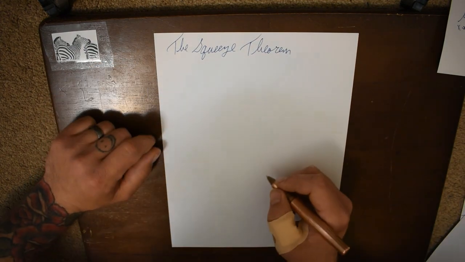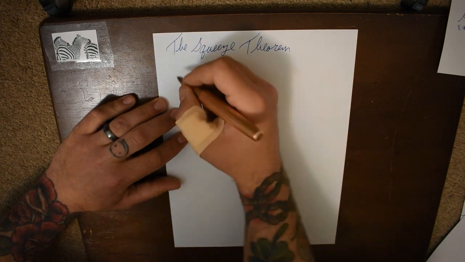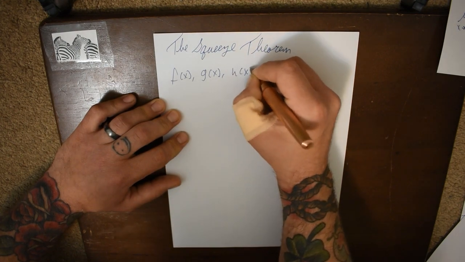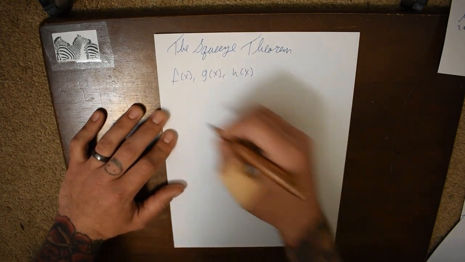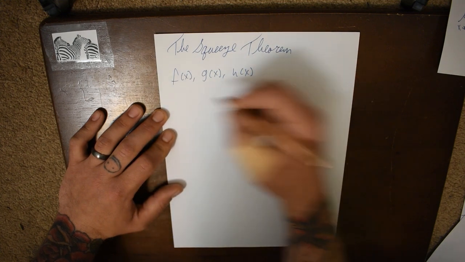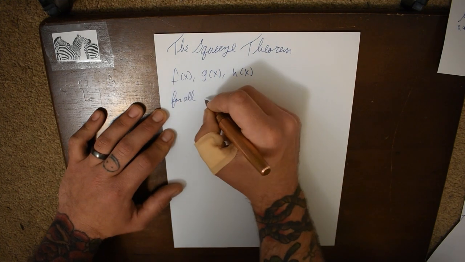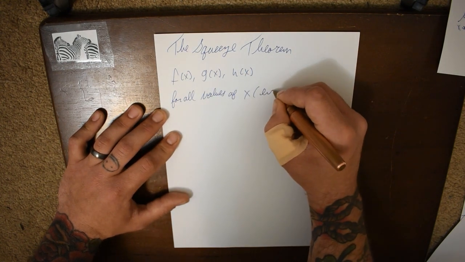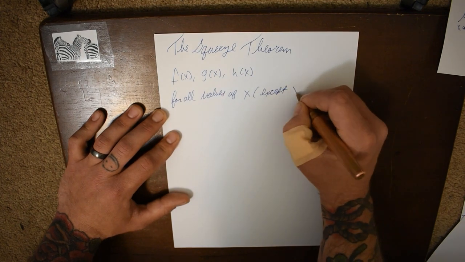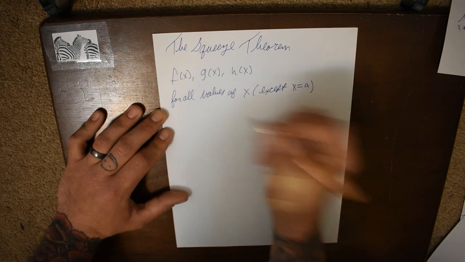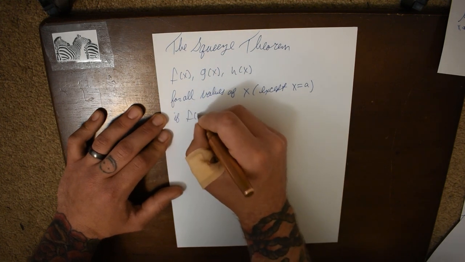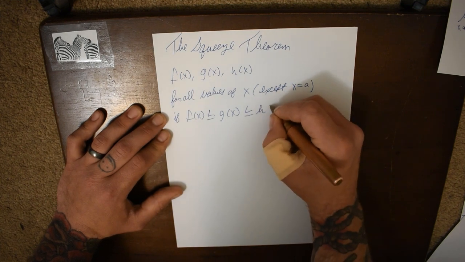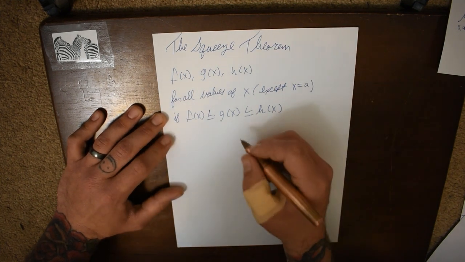Cool. So we're going to assume that we have three functions: f of x, g of x, and h of x. And I'm going to assume that for all values of x, except where x is equal to a, f of x is less than or equal to g of x, which is less than or equal to h of x,